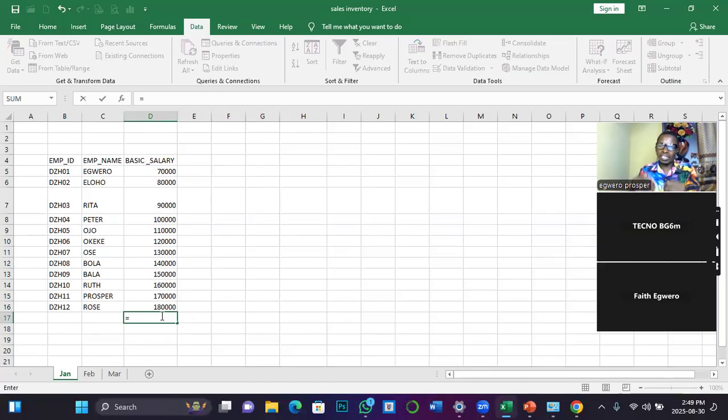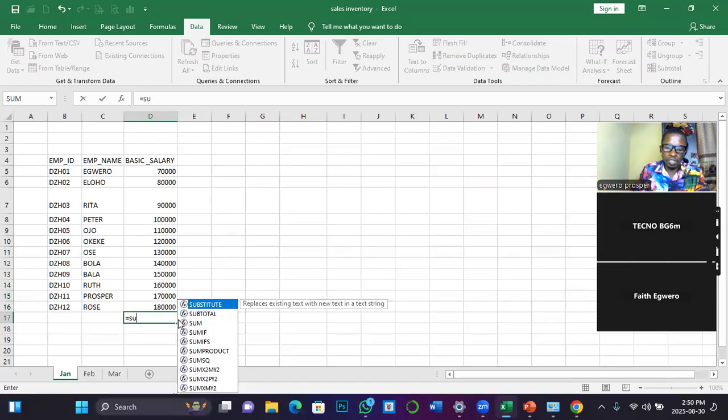And a formula is a predefined function that is expected to perform a calculation and output the result to users. Okay, so since I want to add all this, I will type after the equal sign, SUM.